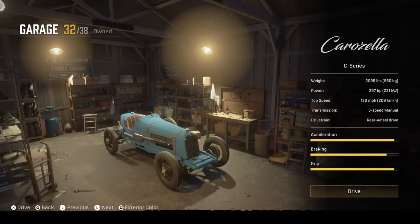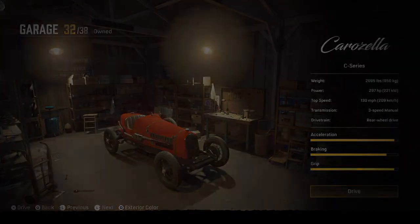I'm going to do the legend of the Carozella C series, and while I'm driving around the city, I'm going to tell you guys the story of it, and kind of a myth. There's many certain series, but there's a certain Carozella C series, this red Daredevil color that